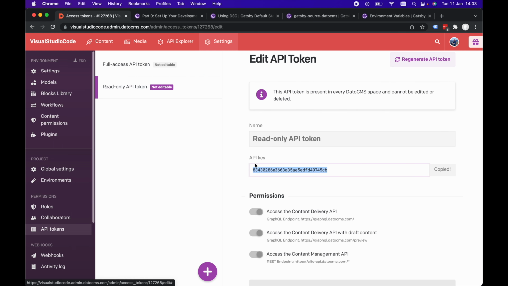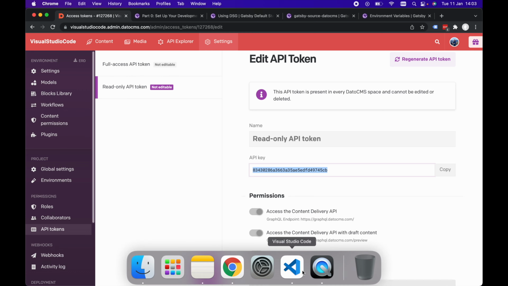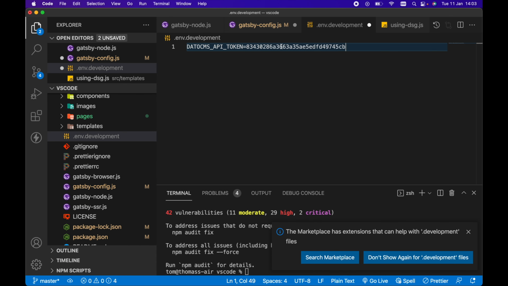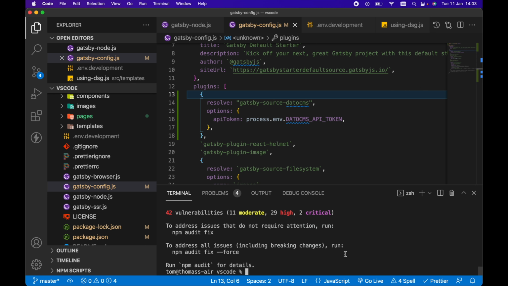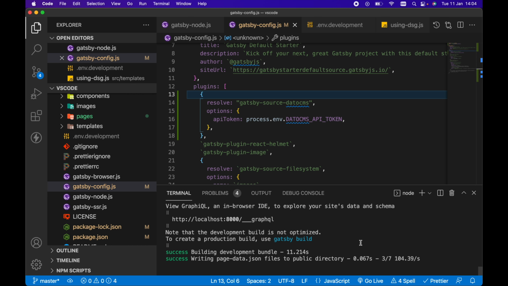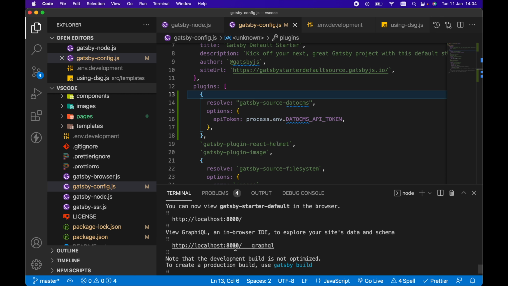Let's copy this API key, and back in our code then, for the DatoCMS API token, just paste it in there. So save our environment variable file, let's save our Gatsby config, and from here we should be good to go. So let's hit gatsby develop, and what we can do is head on over to localhost:8000